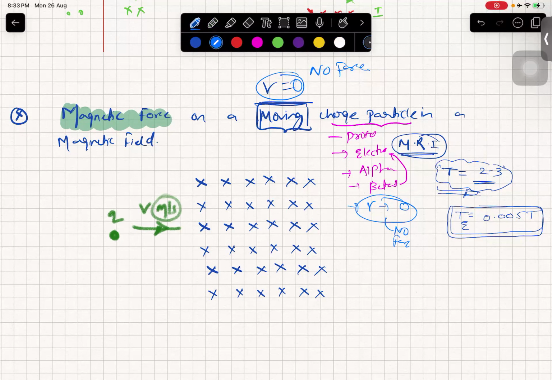It'll experience a force. When it experiences a force, it'll go up, down, left, right, into the page, or out of the page. These are the only possibilities. So the magnitude of the magnetic force, F, is given by this formula, the Q